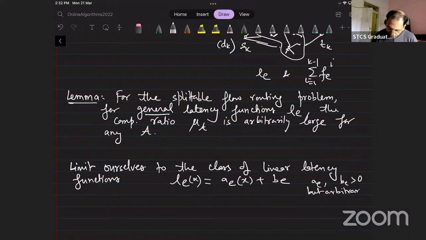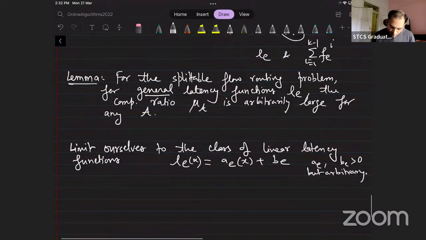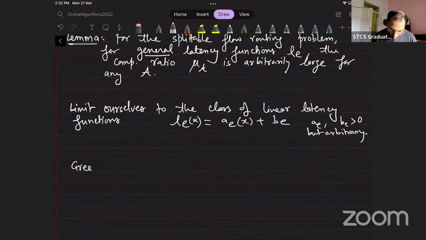So there is no dependence across different edges. A and B could be arbitrary across different edges. All right. Now for this case, we look at this greedy